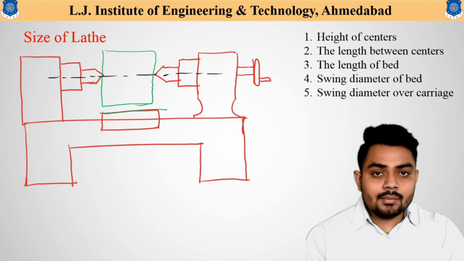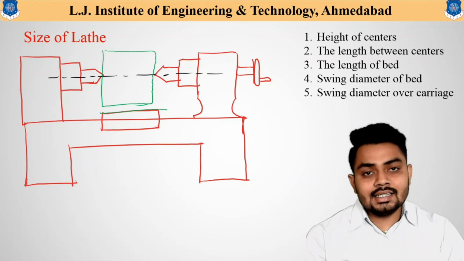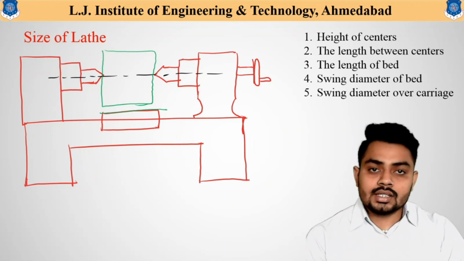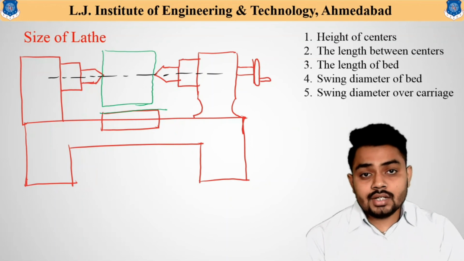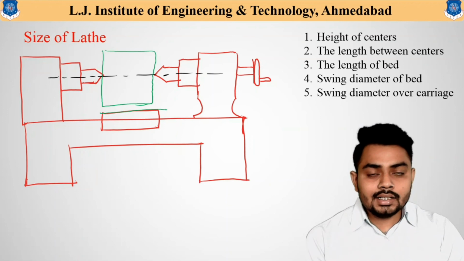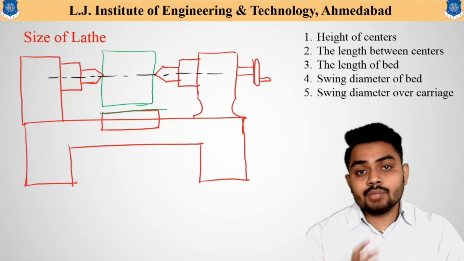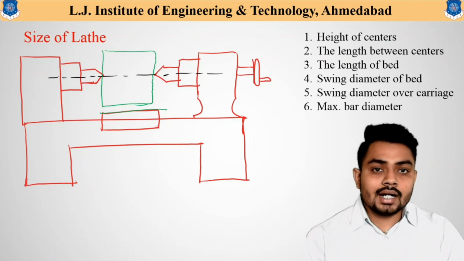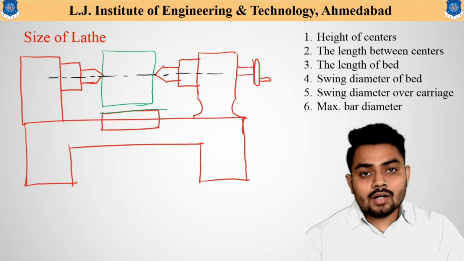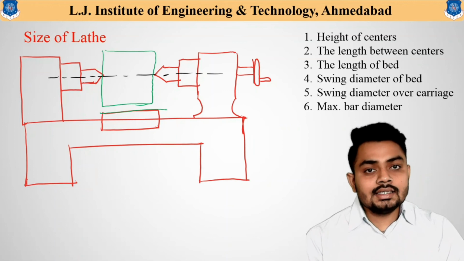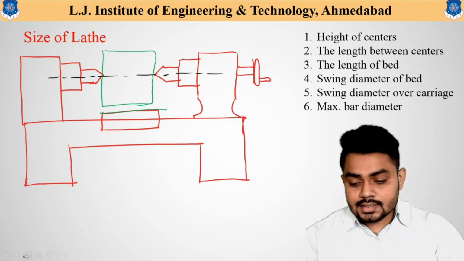That means the diameter of the workpiece that can be adjusted in the lathe machine can be understood by means of two ways. First one is swing diameter over the bed, and second one is the swing diameter over the carriage. That gives the basic idea about the diameter of the workpiece that can be machined in that particular lathe machine. Now the next one, that is the maximum bar diameter. How much of a particular workpiece can be adjusted in the lathe machine is understood by the maximum bar diameter. Over here you can see